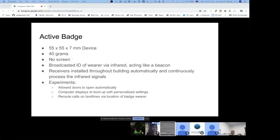So an example of us improving the world is something that Xerox PARC did, which is Active Badge, an experiment with a 55 by 55 by 7 millimeter device. It weighed 40 grams. It had no screen. It broadcasted the idea of who was wearing it via infrared and acted like a beacon. Receivers that were installed throughout the building automatically and continuously processed the infrared signals. And using this badge, some collaborators had it in groups of up to 200 people in one building,